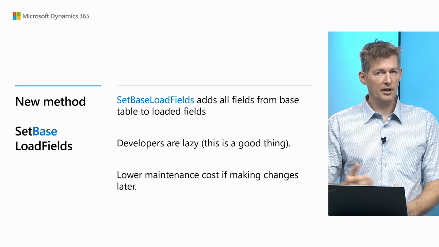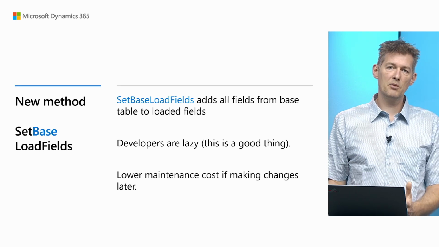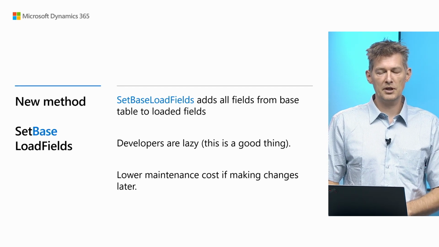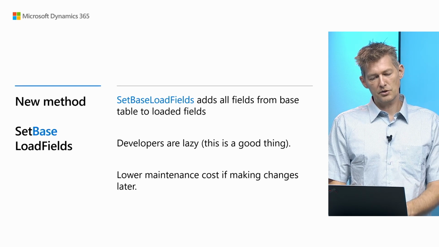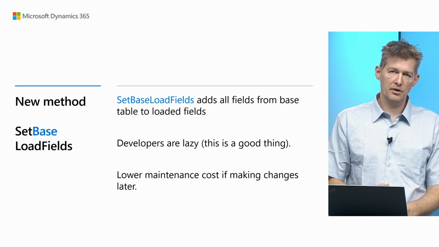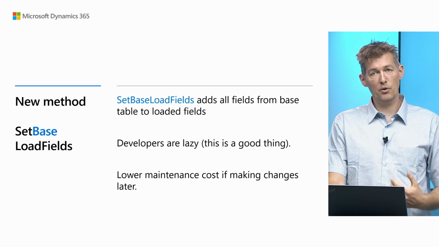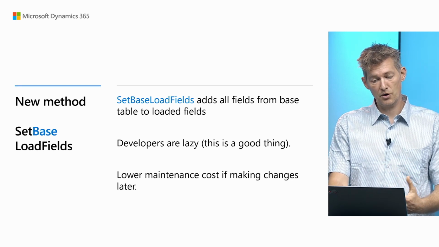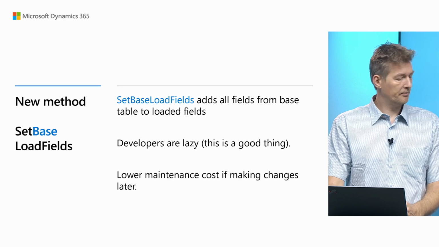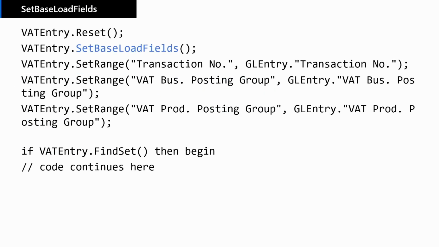That's what we want. You to write as much code with as few statements as possible. So maybe this new method will be for you as well, to lower your maintenance cost on your code and still make it faster. And there is an example here where on VAT entry, it's just called SetBaseLoadFields,